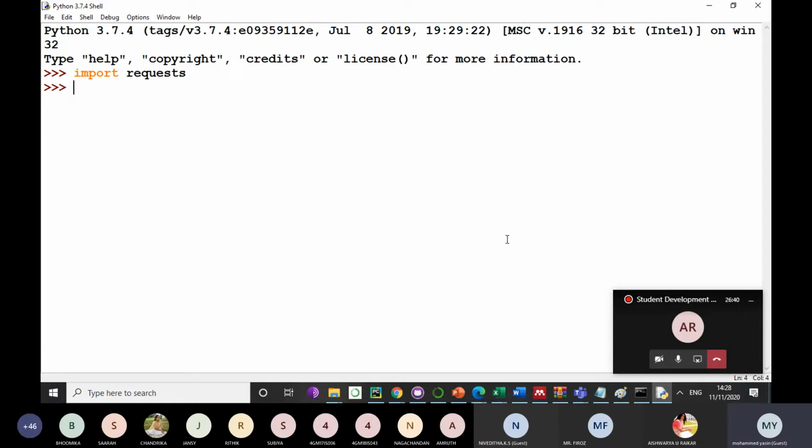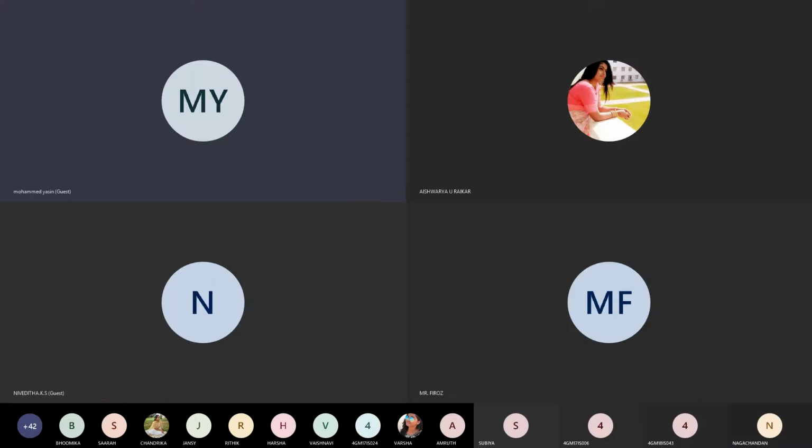Actually, this should not work 100%. This should be an error in your system. I know that the people who are practicing will 100% get an error.